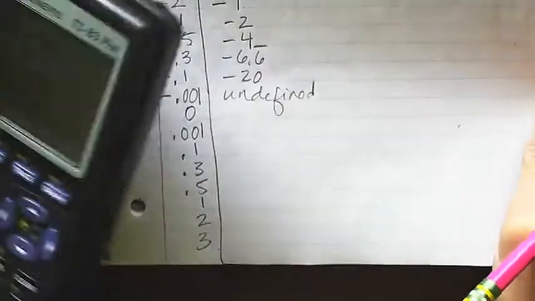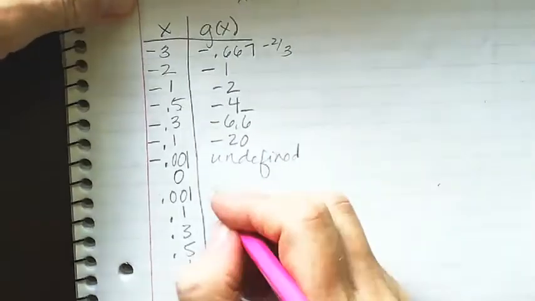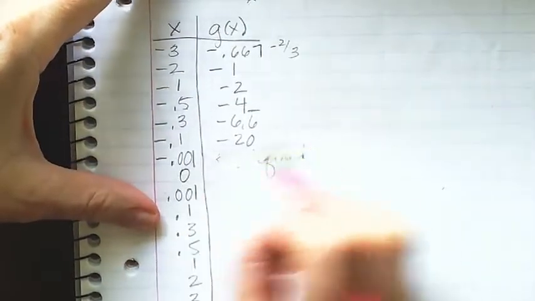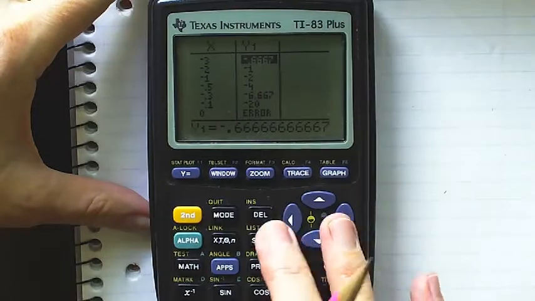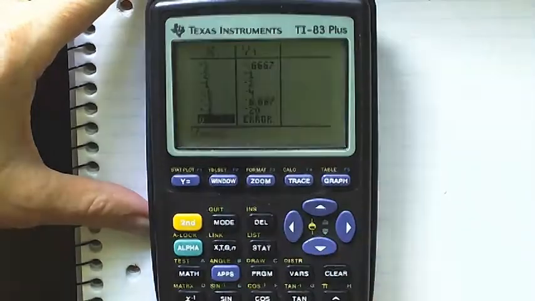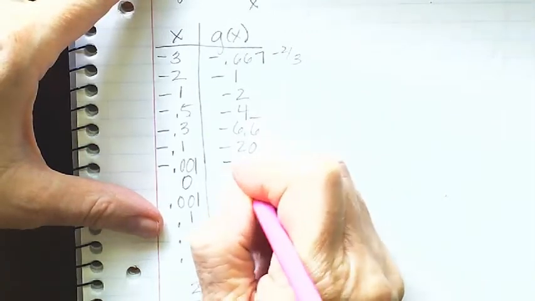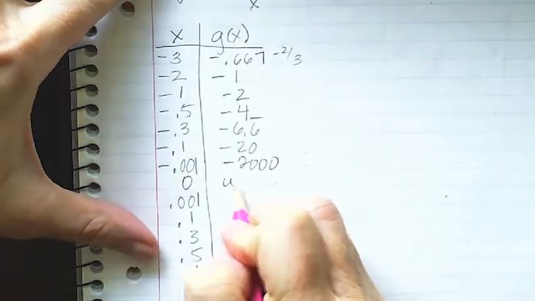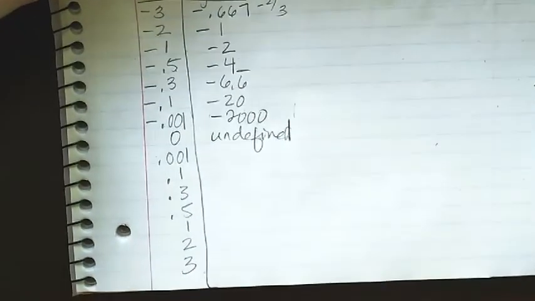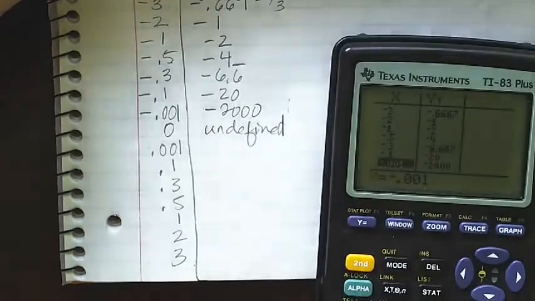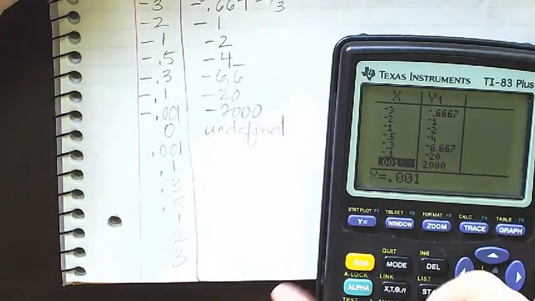Oh, sorry. Okay. Whoops. I'm going too fast. Okay, negative point. Oh, I didn't get that one in there. -0.001 is -2,000. Okay. 0.001. Okay, it's just going to be